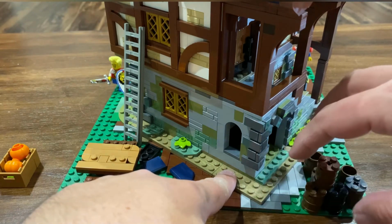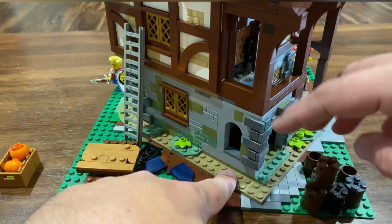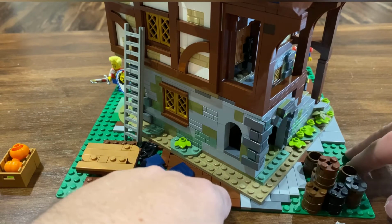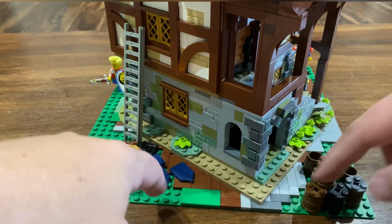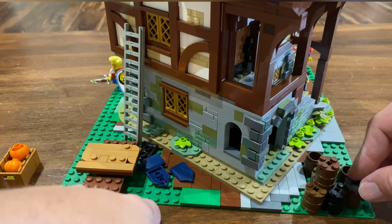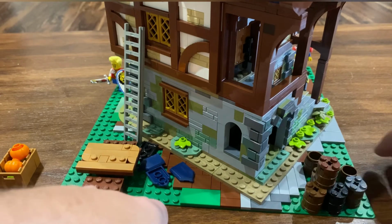Originally, I had to take apart this part of the blacksmith, because originally there was a tree coming out right here. I took that and used the leaves and everything to expand upon the big center tree, and cut that off. But again, you can see it doesn't exceed the plate. It comes up right to the edge, and then the blacksmith materials, and he has barrels of goods,